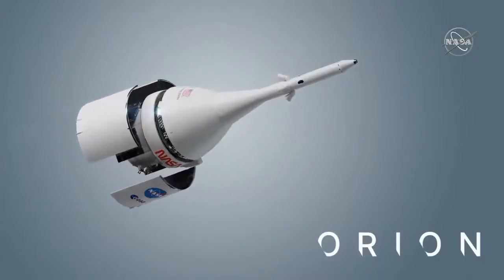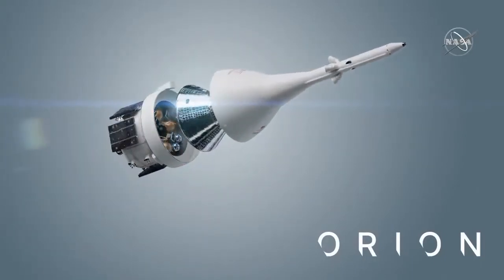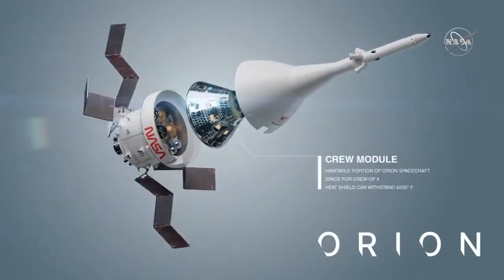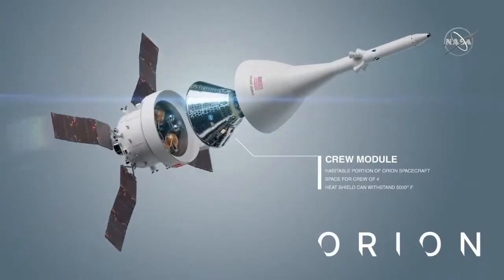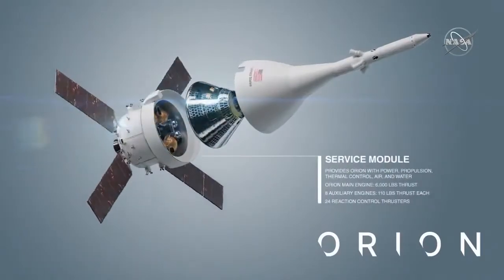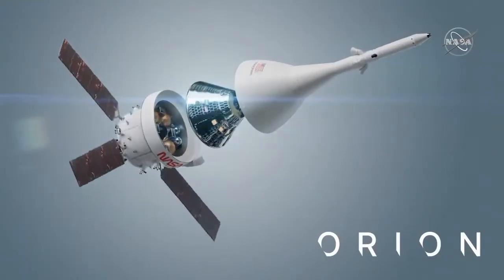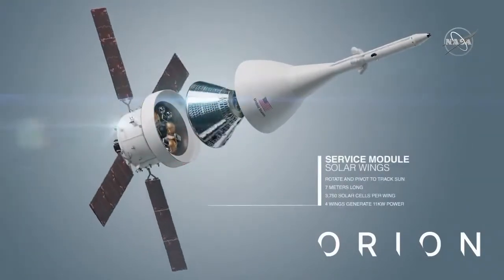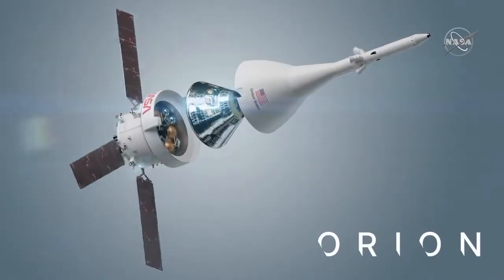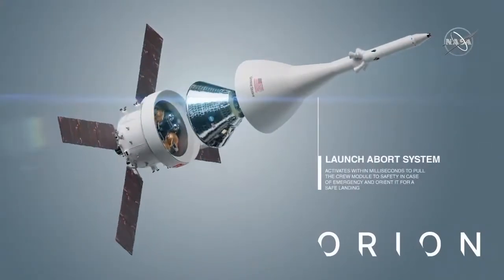So a little bit about Orion. Orion is comprised of about 3 modules: the launch abort system, the service module, and the crew module. So the launch abort system is designed to take the crew module away from the launch site or the rocket in case there's an emergency. Otherwise, it detaches from the spacecraft, and the crew module and service module continue on their journey to space. Once in space, the service module provides all of our propulsion and our power for the entire spacecraft. It also provides what we call services, like our fuels, our oxidizers, all the commodities, our gases, our water. All of that's stored in the service module, and it stays connected to the crew module for most of the